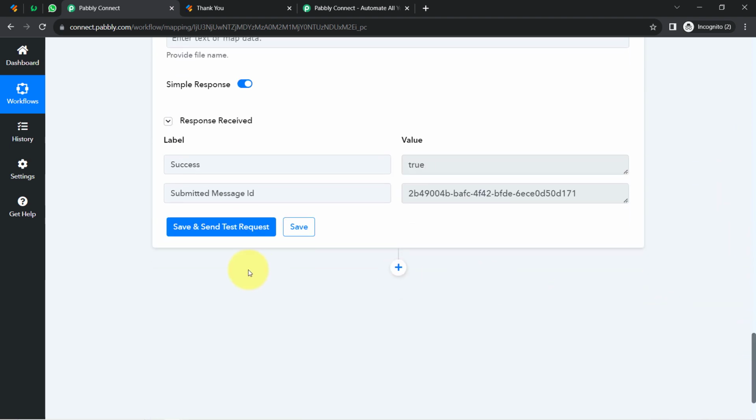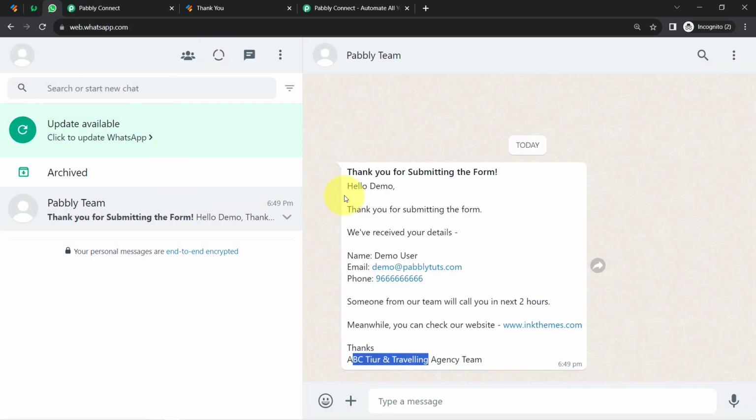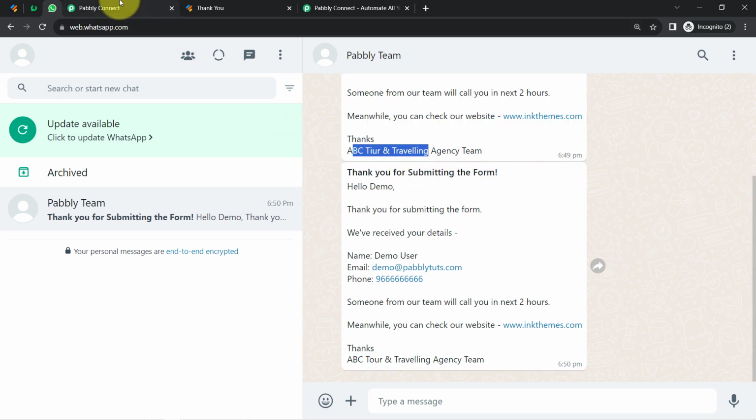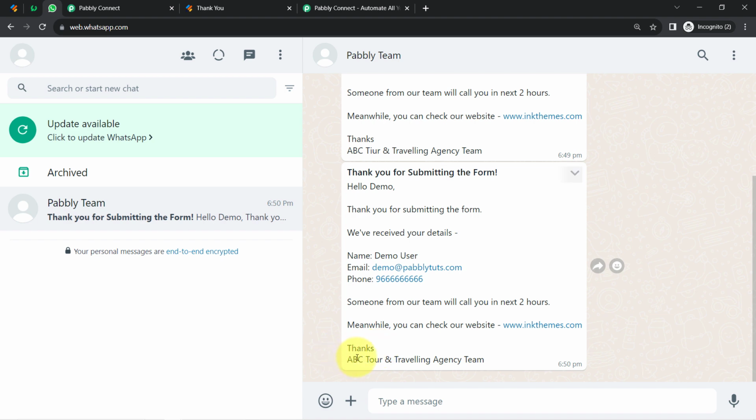I will click on this button once again, and you will notice that one more message will be received here, but this time with a correct spelling. Here you can notice one more message has arrived, and we also have a correct spelling. So this is how you can